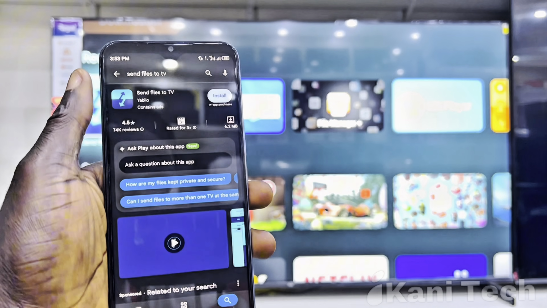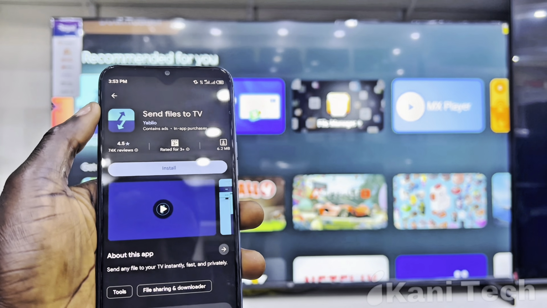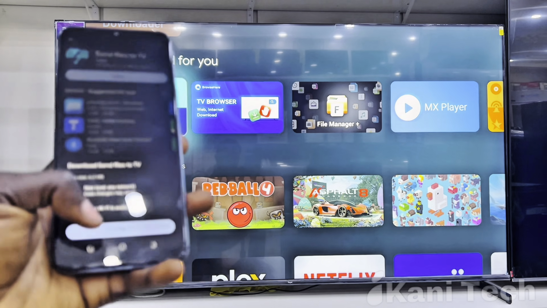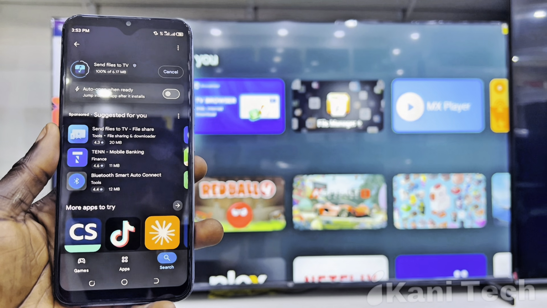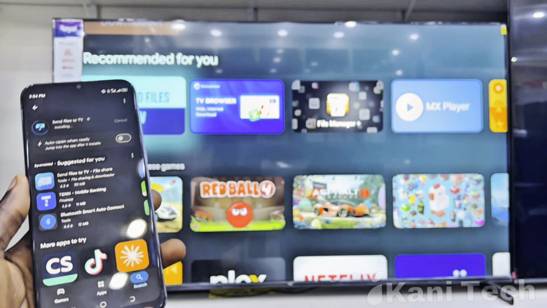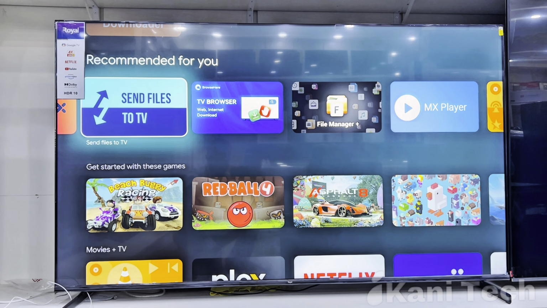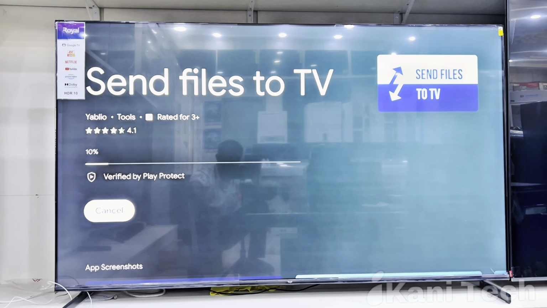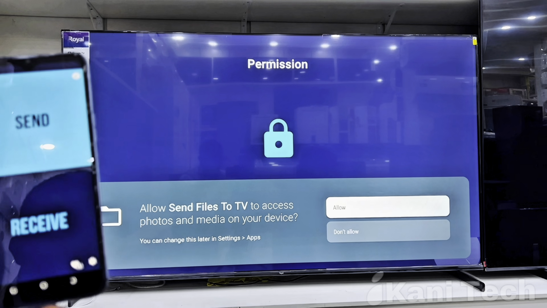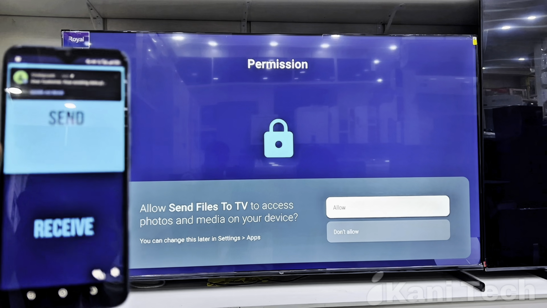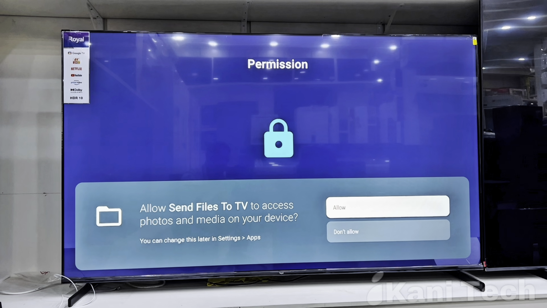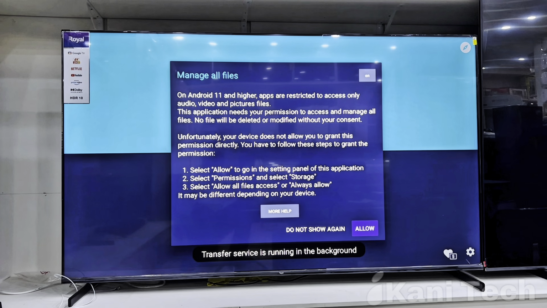download and install it. This app allows you to send or receive APK files wirelessly from your phone directly to your Android TV. Now move to your Android TV, open the Play Store, search for Send File to TV, download and install it. Once installed, open the app and allow all permissions. And make sure your phone and the TV are connected to the same Wi-Fi network, or this method will not